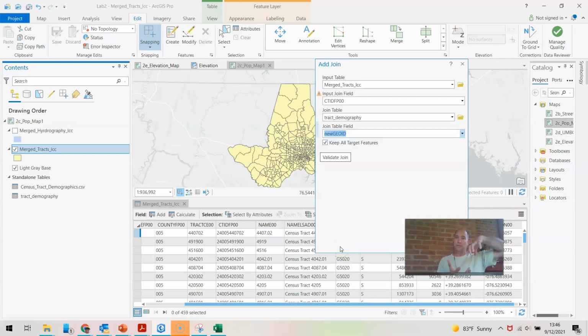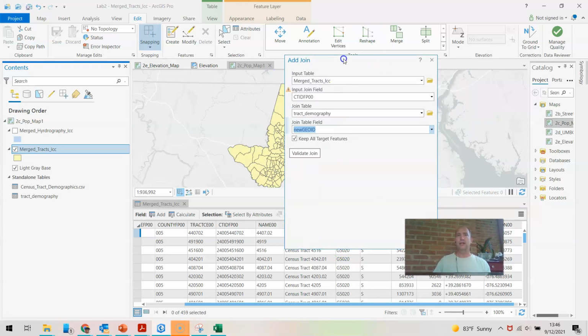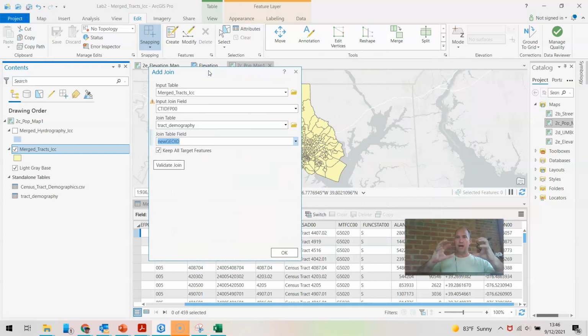So what I'm doing is I'm telling the program which field to use as the key field, the fields that we're matching up. And what's going to happen is if a field matches, if a cell matches, it will take the attributes from that row of the tract demography table and append it, join it to the tract shapefile. So over here on the right-hand side of the tract shapefile, I'm going to see all of the attributes from tract demography show up. So when I say OK,